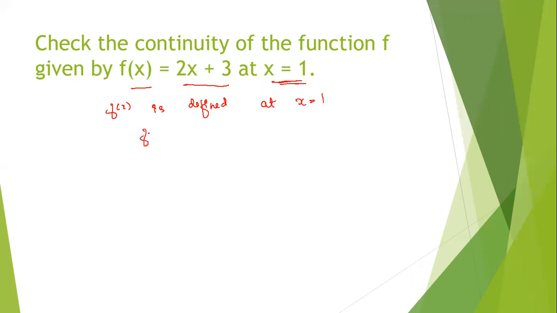So now what will be the value of the function when x is equal to 1? We have to put 1 in place of x. Again we get 2 plus 3. So we get 5. So it is nothing but 5. So now the functional value we got is 5. If we get the limiting value after putting the limit x tending to 1, f of x, even this value as 5, then we say that this particular function, that is 2x plus 3, is continuous at x is equal to 1.